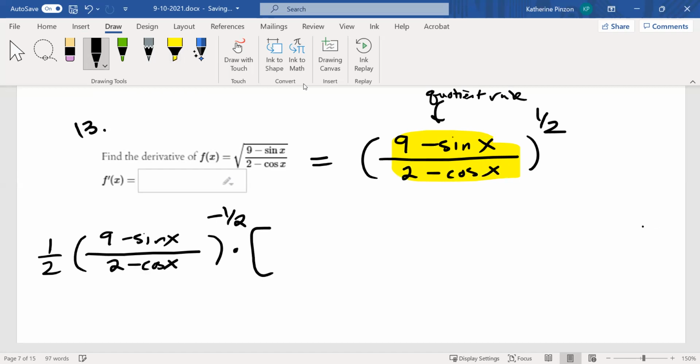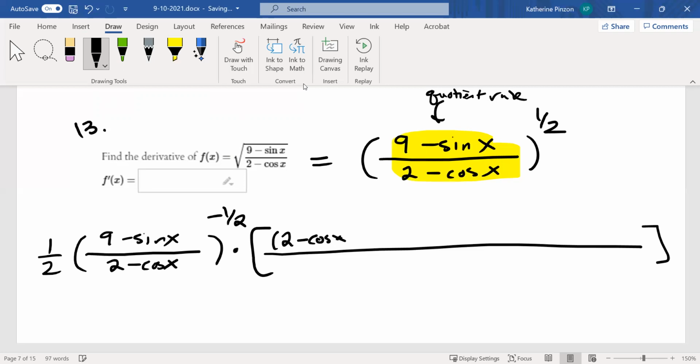Times. I'm going to put a whole big bunch of parentheses because over here, I need the quotient rule. Quotient rule says bottom, 2 minus cosine x, times the derivative of the top. The derivative of 9 minus sine x is 0 minus cosine x. So negative cosine x